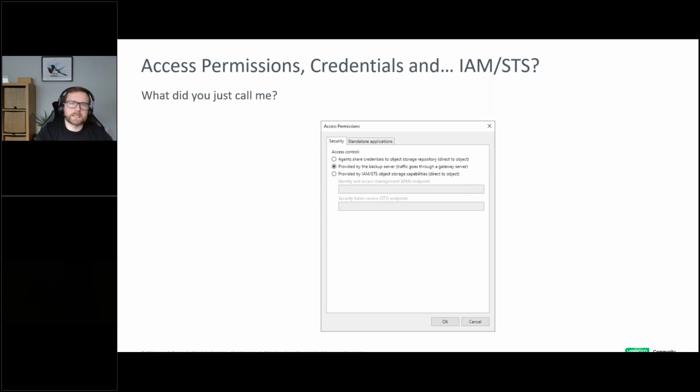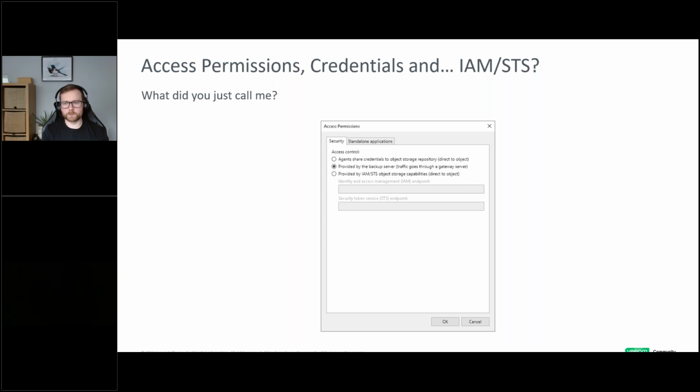Even if using immutability, any unencrypted backups could be stolen to extort a ransom. What data do you think your HR, head of finance, or CEO might have on their own machine? If you're granting access to that entire bucket to every endpoint, you're introducing a lot more vectors by which data could be stolen. And this isn't a problem for us when we use the second option, gateway, because the gateway has the connection to object storage and passes the data through it, meaning the agent never actually sees the contents of the repository directly. Again, however, this might not scale, this might not be a desirable configuration.